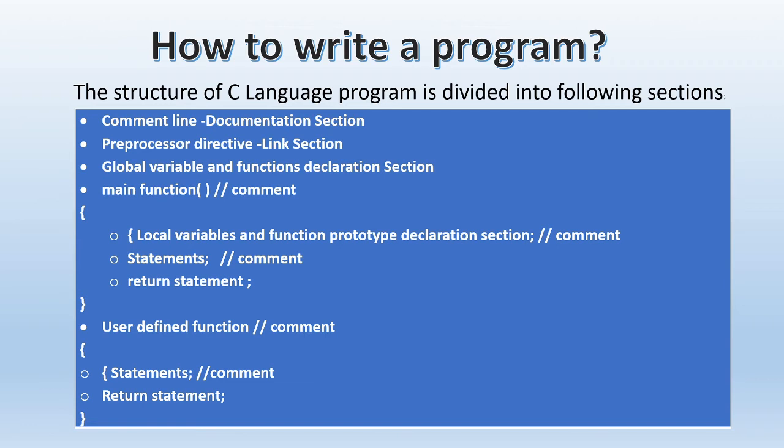Local variables or functions are declared inside a function or a block and are used only by the statements that are inside that block. So anything written within the curly braces of this main function is local to this main function, and anything written out of main is global. Then you can make use of certain statements and functions in main, and at the end you should have a return statement. And after defining your main, you need to define other functions which are there in your program.